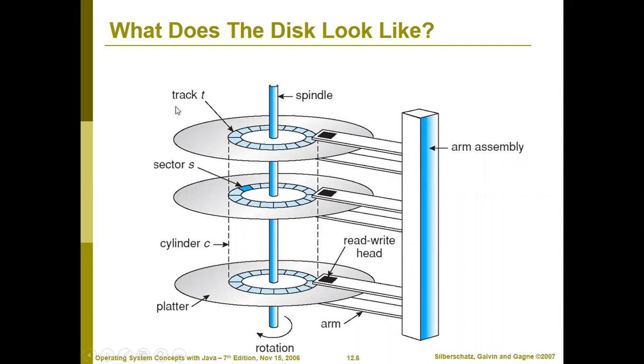So whenever you are talking about any track, you are talking about a circular area. Then on a track, there are many sectors. You are dividing your track into different sectors. A unique piece of data you can store on a sector. The disk head that is used to read or write data can read or write a complete sector of data at a time.